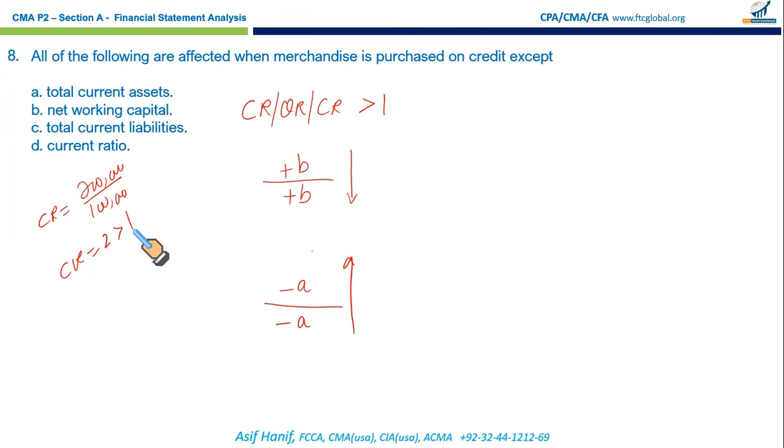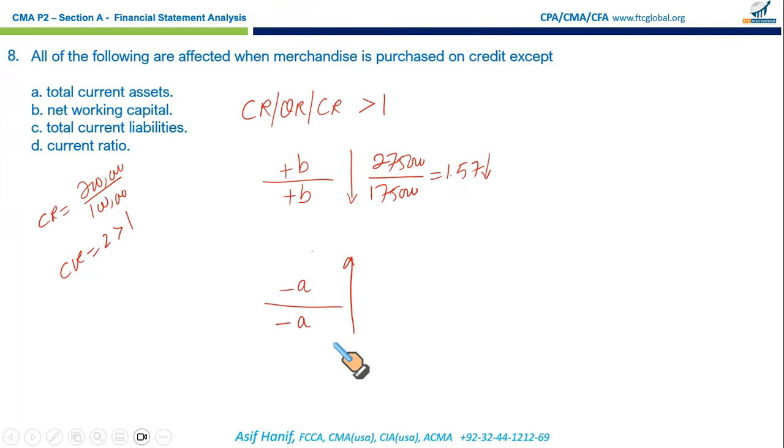If you buy goods on credit for $75,000, your numerator increases by $75,000 and your denominator increases by $75,000. The same increase in both numerator and denominator. The new ratio, as we see, is 1.57. So the ratio has decreased clearly. So when the same number is added to the numerator and denominator because of a certain transaction, if the ratio is already greater than 1, the ratio would deteriorate.